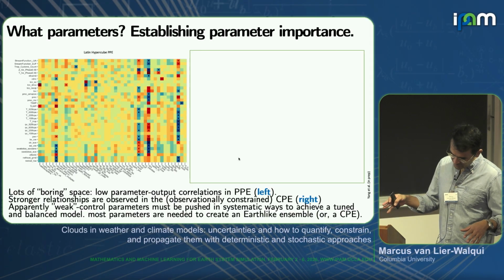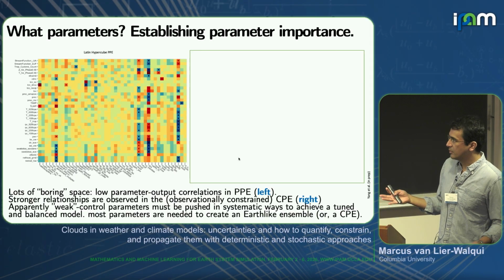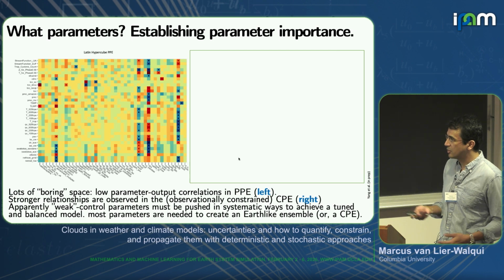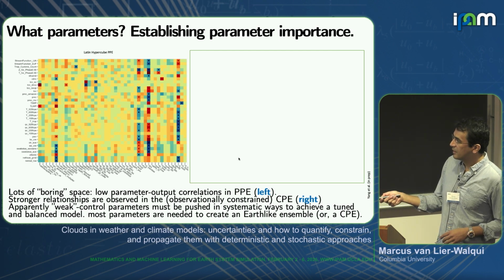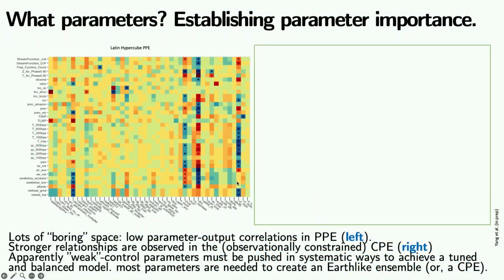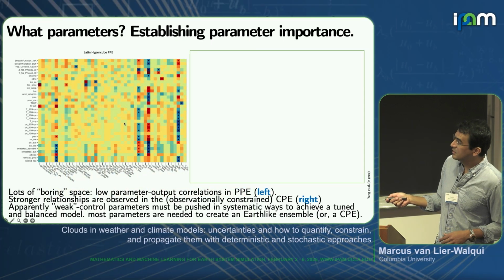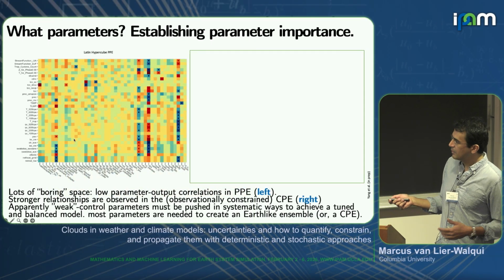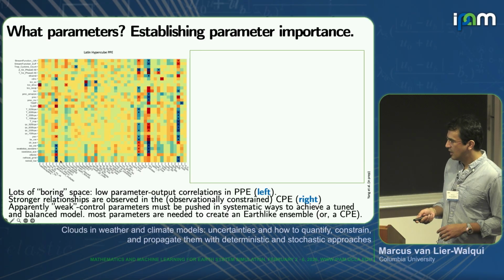OK, so we can ask ourselves, what parameters should we perturb? Right? We can think about establishing parameter importance. So this is 45 parameters of our climate model, Earth system model, to those people who can't use that word. And then these are 36 outputs. So things that we could observe. And this is just sort of linear sensitivity across some range. And you can see that some are very important and some are less important. OK, so maybe we just perturb the important ones.